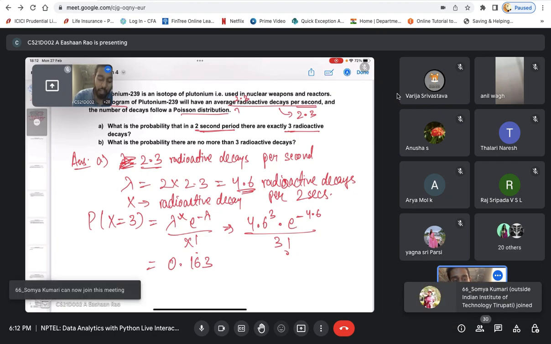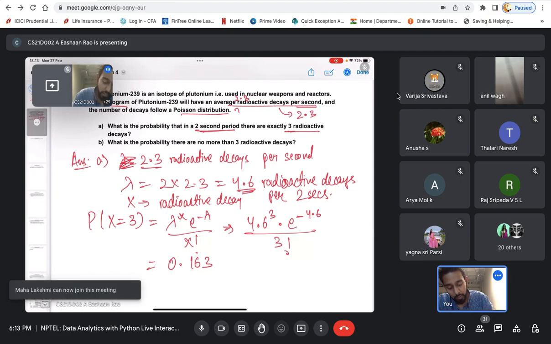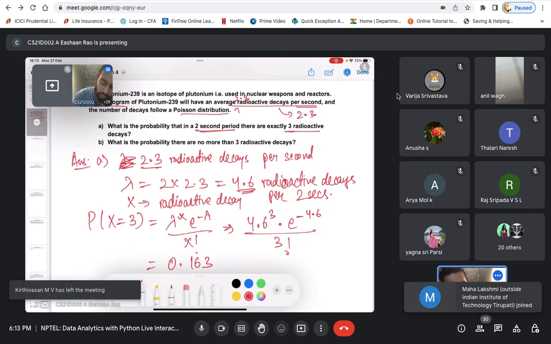Okay, now one more aspect. First let me calculate another aspect as well, and then I will explain another aspect of Poisson distribution. So it is asking me that,